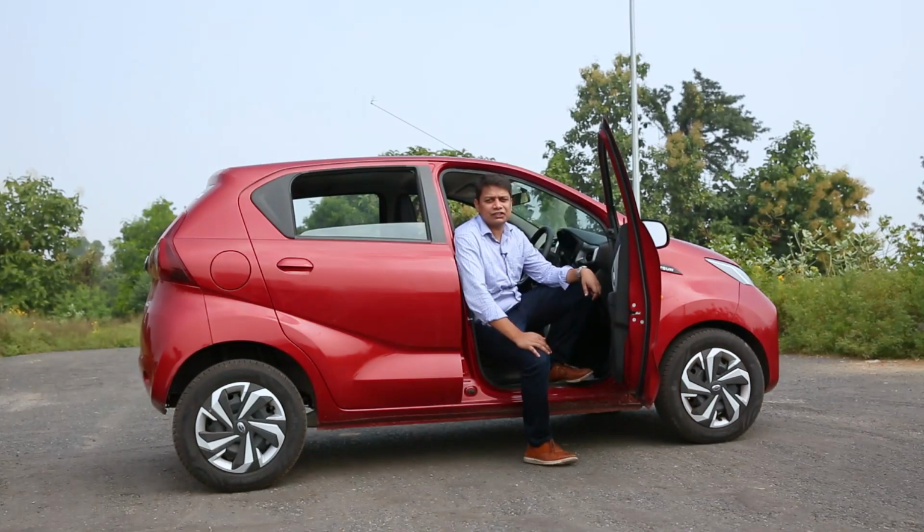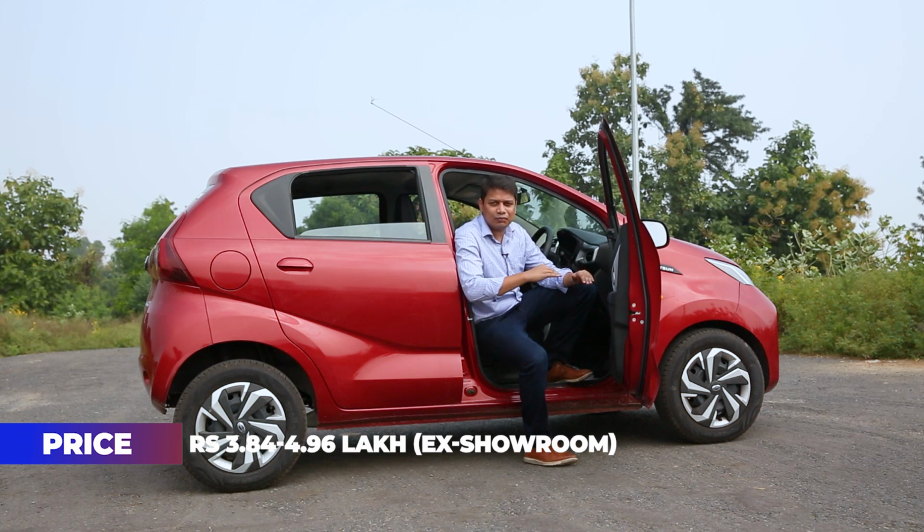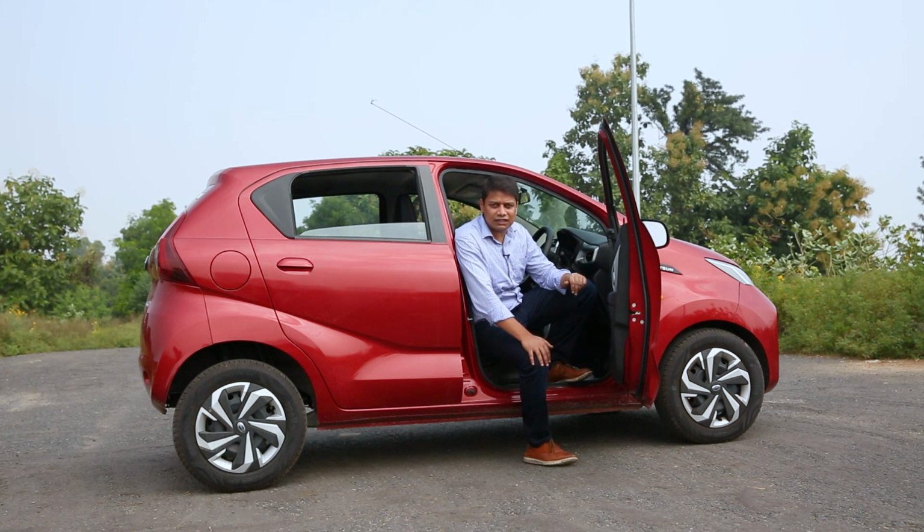Well, so overall, the Datsun Redi-Go comes across as an affordable car which offers you a decent AMT gearbox. Yes, this car might not be perfect, but remember that this car sells at the bottom end or at the lower end of the price pyramid, which means that in terms of affordability, it's one of the most affordable automatic cars out there. So, before making up your mind and thinking about some fancy features as well as some fancy